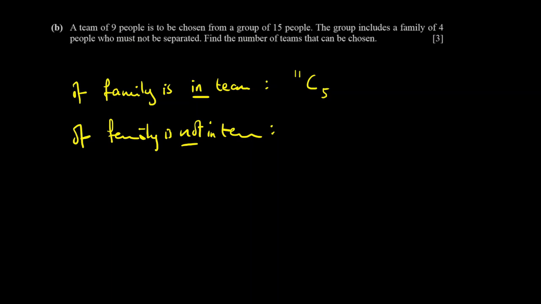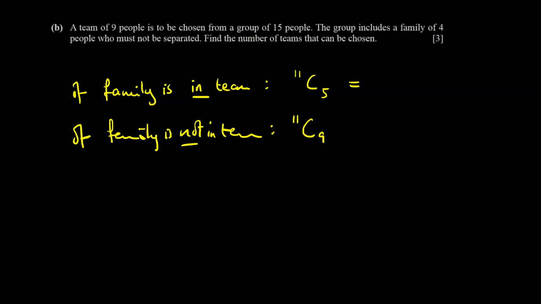And where are we choosing those 9 people from? Well, we've got to choose them from 11 people. Why is that? Because we've got 15 people in total, but we cannot choose the 4 family members. So we've got 15 minus 4, which is 11 people to choose from. And now what we're doing is choosing 9. Okay, so if we were to calculate these,